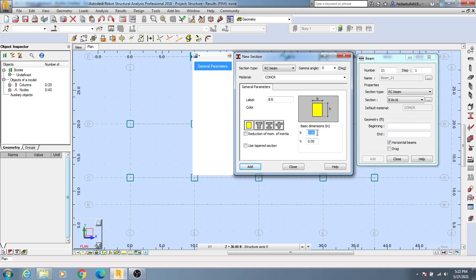So here B will be 12 and our height will be suppose 15, 12 into 15, and you can see that your label has been created automatically. Okay, so if you need to change that, suppose FB, that means floor beam 12 into 15 inch, then you can give here like that. Okay, and after that when it's done, simply click here add,